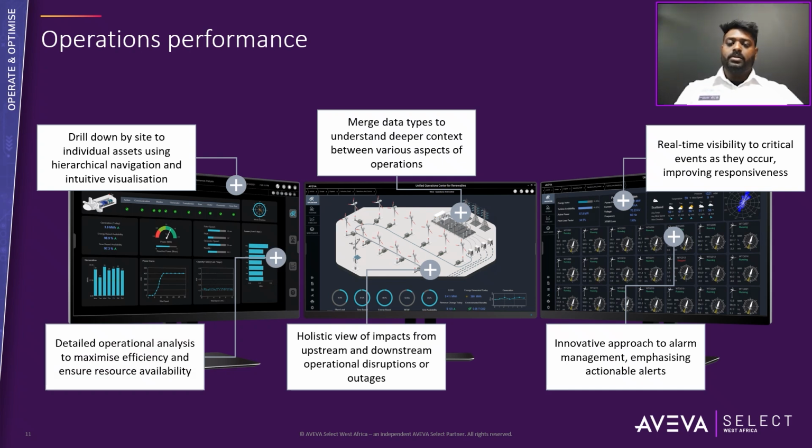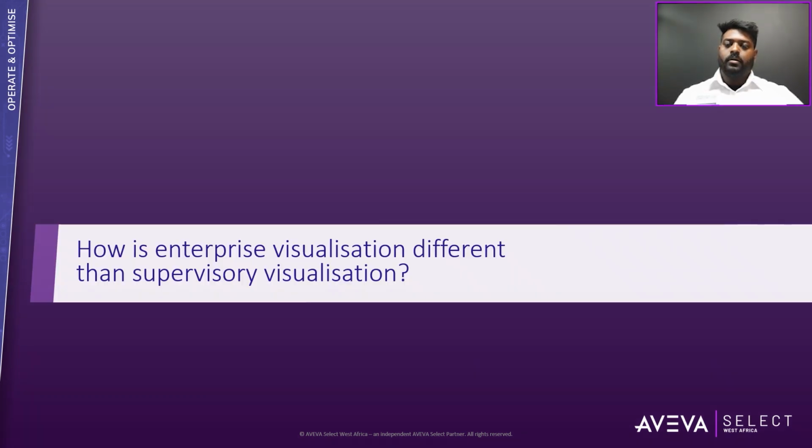And detailed operational analysis to maximize efficiency and ensure resource availability. The concepts and data behind supervisory visualization and enterprise visualization can be quite similar. Asset models, KPIs, graphics, and screen layouts used in supervisory applications benefit users with added context. However, the key goal of supervisory visualization is the targeted control of a process, that is, activating equipment, shutting valves,